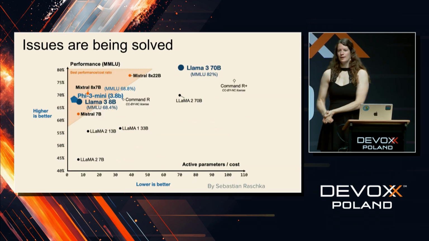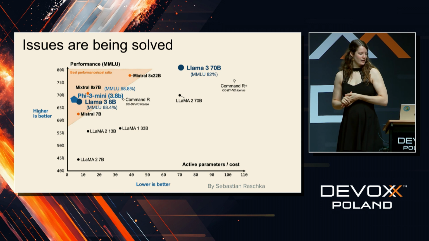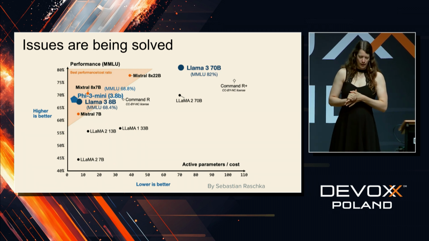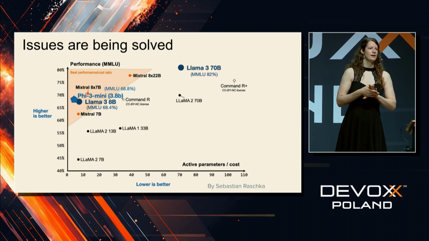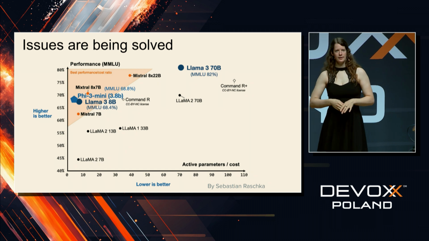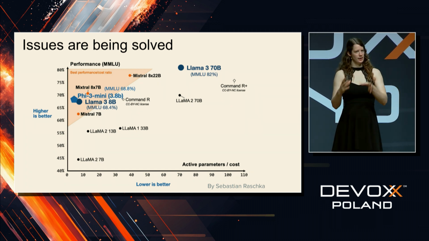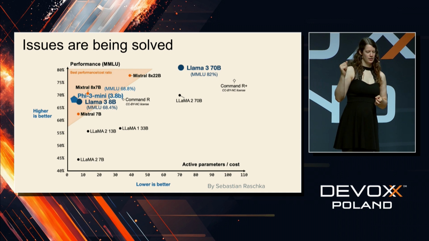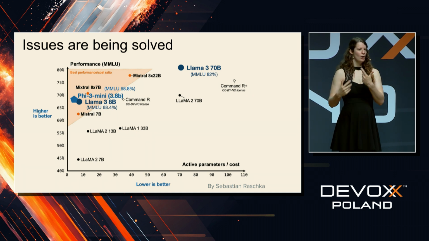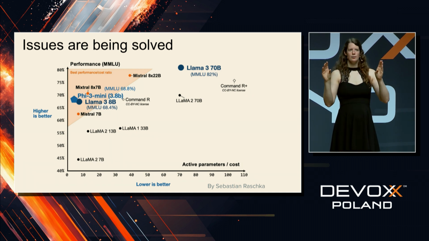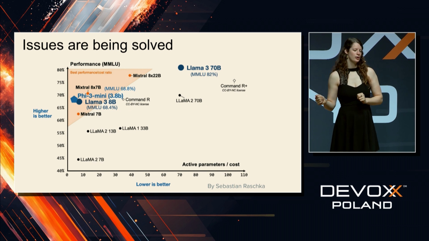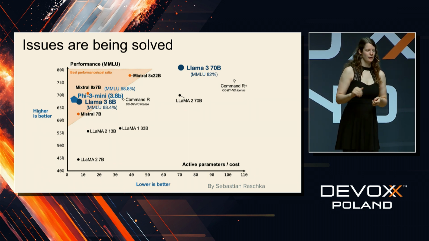Now, there's a lot of issues with AI and large language models, so they are being worked on. Everybody says, okay, it's hallucinating a lot. It was, it still is a bit, but people are working on things like source annotation to know where the information came from, or double checking, or indicating what's less sure and what is more sure. There's so many scientists at the moment on these topics that I am sure they will get solved.